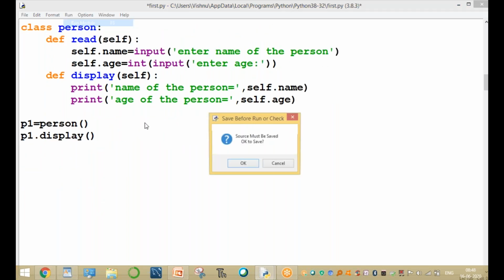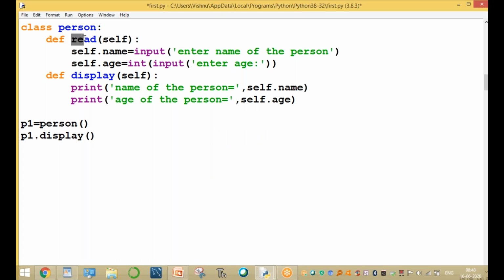Sir, you did not call the read function. But not the read function; the underscore init underscore is the constructor. This constructor is automatically executed.